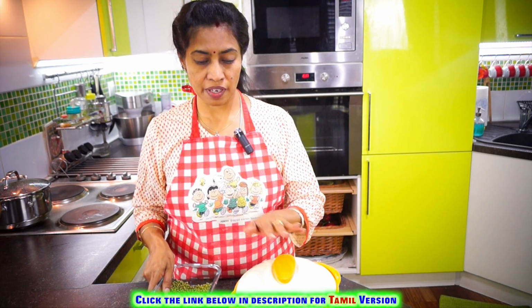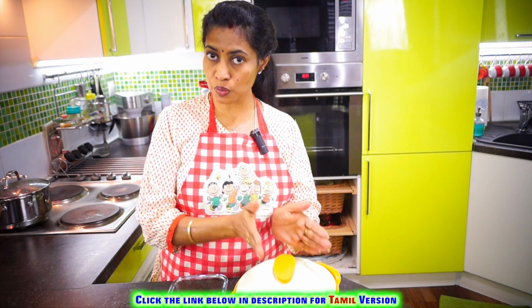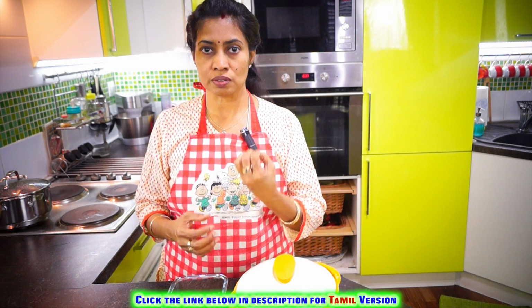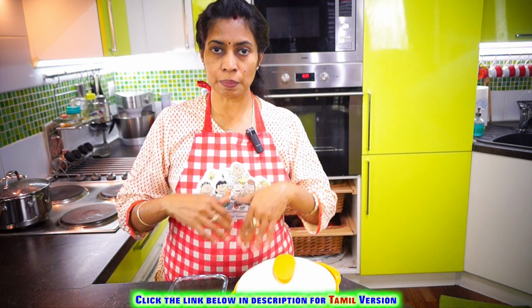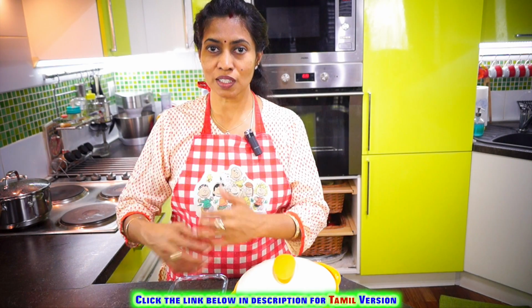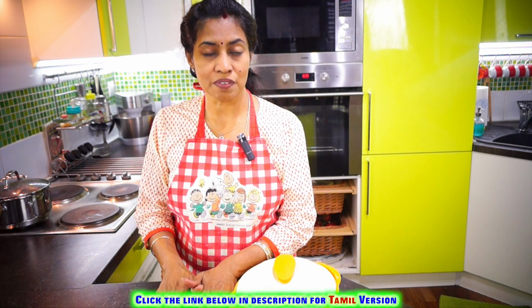If I had used a hot pack, then the water will be warm even after 6 hours. But if I'm not using the hot pack and I'm using a regular vessel, the water temperature would have come down. So I will remove it, use some fresh warm water, wash it and drain it, so that the warmth of the grain is retained. After removing the warm water, completely drain the water and then cover it immediately